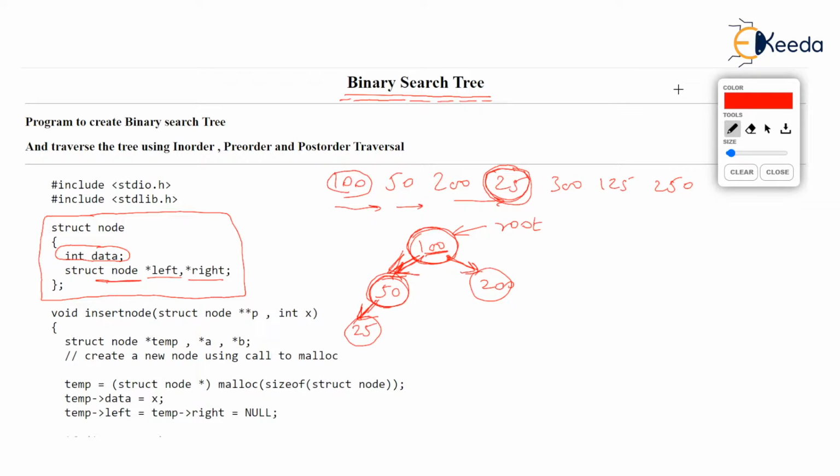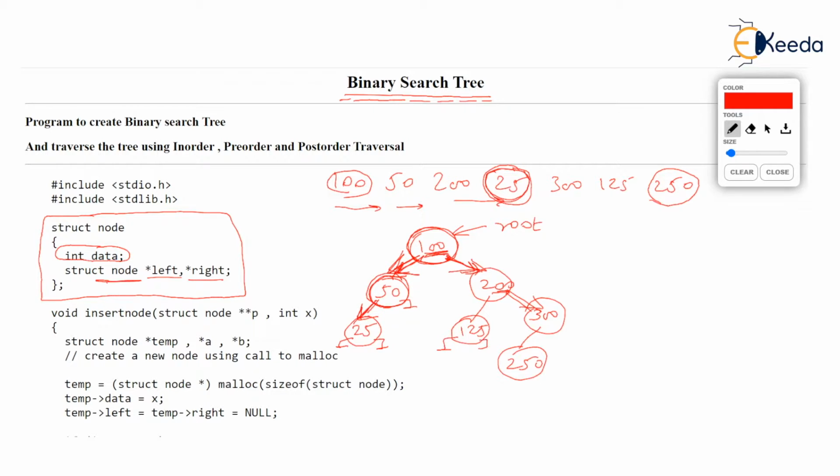This way, 300, the next value, goes to the right of 200, and 125 goes to the left of 200. For 250, the last value, we check that 250 is greater than 100, so we visit right; greater than 200, so we visit right; but less than 300, so 250 will be added to the left of 300. Now all the other pointers which are not utilized will be marked as null.